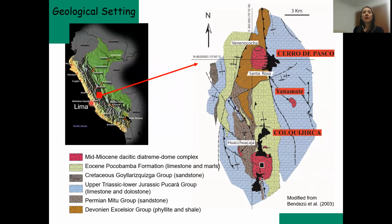Lima is at sea level, and Cerro de Pasco is located in central Peru in the high Andes, more or less 4,300 meters, so pretty high, pretty tough to work there. And there is a series of Devonian phyllites and shales, which are the basement, which are on this side of the deposit. Cerro de Pasco is here, and also some Permian sandstone, and all the Triassic, up to Lower Jurassic is